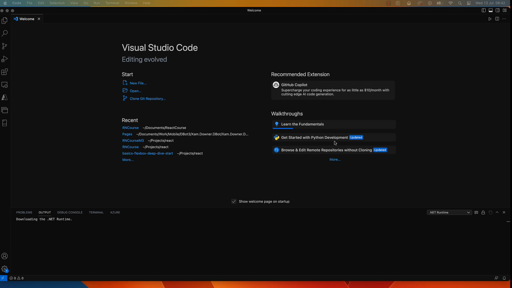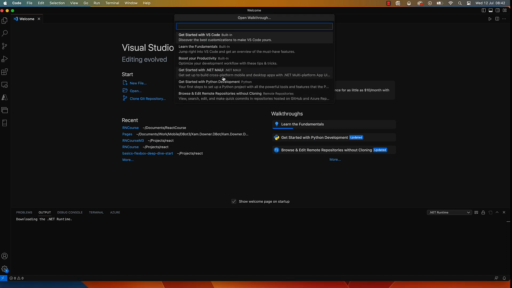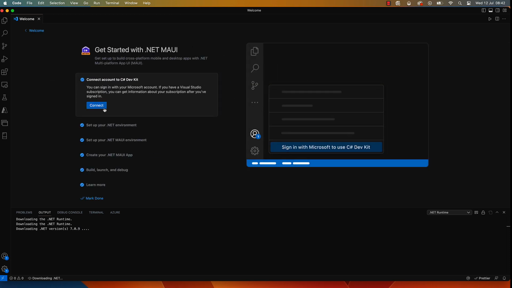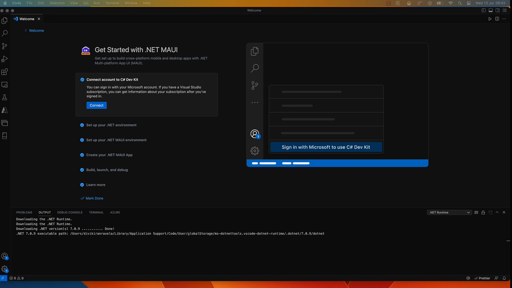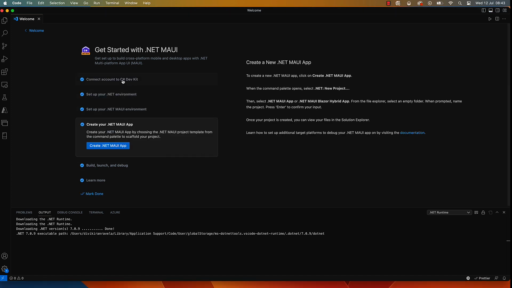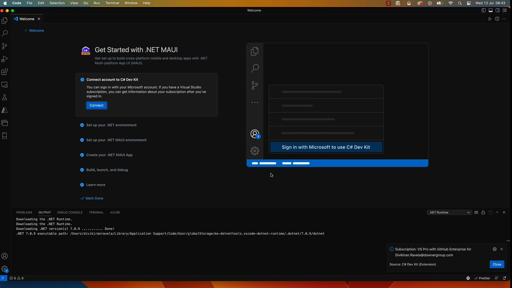And now to go back to the MAUI, click more to see the other options to get started with MAUI. Click more, yeah, and now look for Get Started with .NET MAUI, and you can see it's asking me to connect to C# Dev Kit, which I have already connected to. So I'm connecting now. Let's wait for it to connect, and that's connected, and now it's going directly to that path, and you can see my subscription is associated to the C# Dev Kit now,